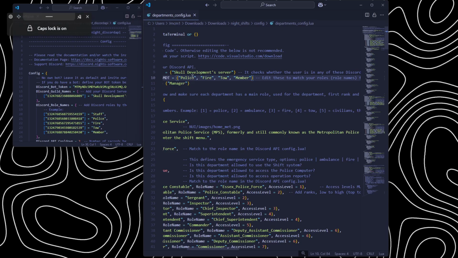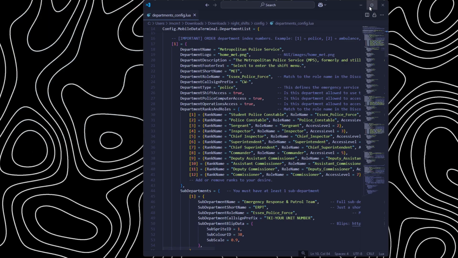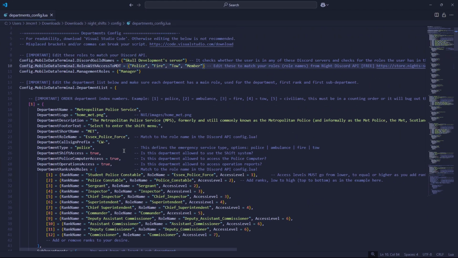Now, if you do want to do different departments, for example, if we scroll down here, because we don't need this anymore, so close that out. If we want to do it where there's multiple different departments like BCSO or LSPD or whatever the department might be called, you can go ahead and add them on here as long as it's in the API. You've done it in these shifts. Once you add it in here, you can do, for example,